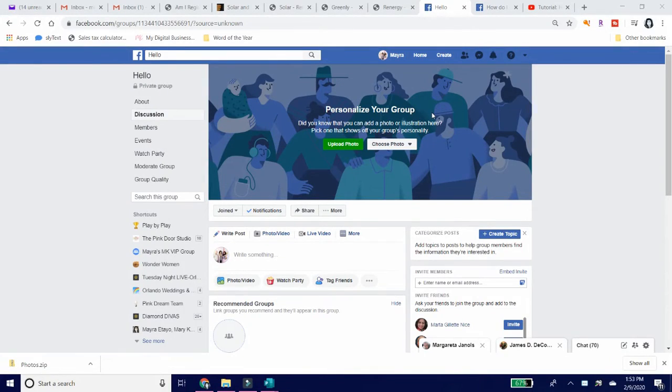So maybe you've changed companies or got a promotion or just want to change the name of your team and you want your group name to reflect that. So I'm going to show you how to change the name of your group in just a few short steps because it's really easy. The first thing you're going to do is locate your name up here on the upper